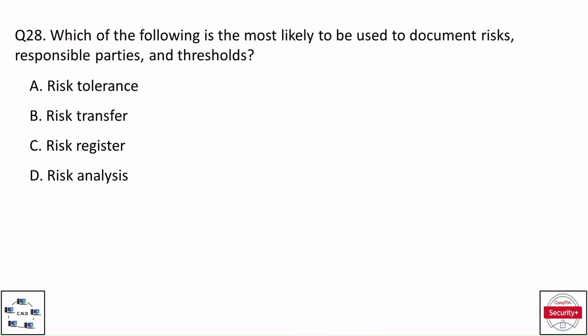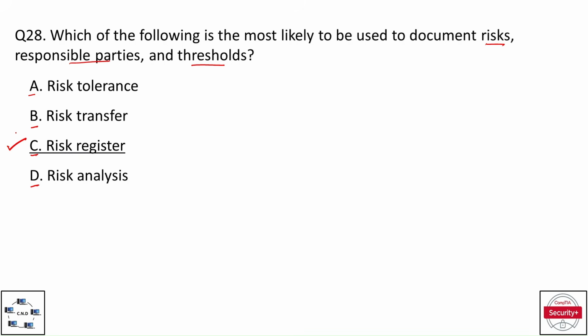Question number 28. Which of the following is the most likely to be used to document risks, responsible parties for those risks, and the threshold of these risks? And the options are option A, risk tolerance, option B, risk transfer, option C, risk register, and option D, risk analysis. And the correct option is